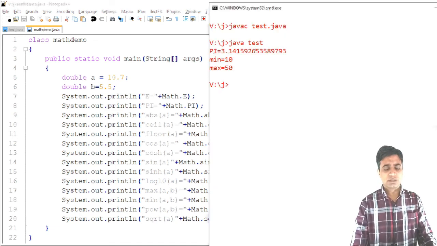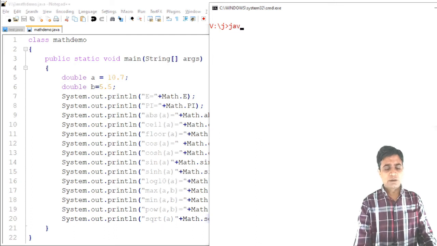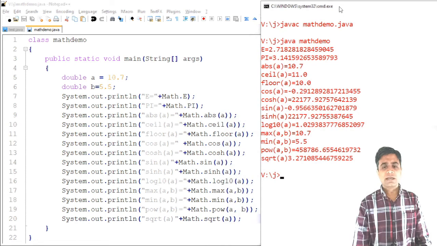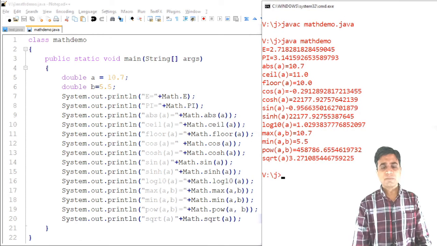I will also run this code. You can see the output. The name is different, it is MathDemo.java. Java MathDemo, yes, you can see the output. I am slightly moving this slide. Here you can see the e value first, second the pi value, next the absolute value of a.